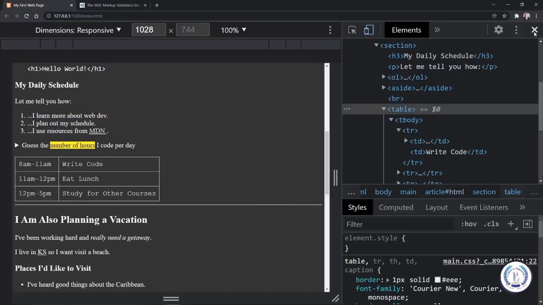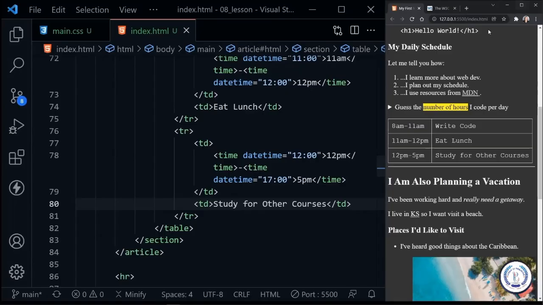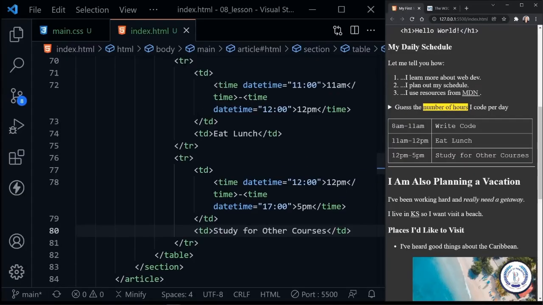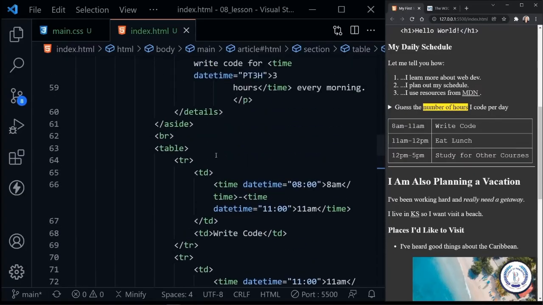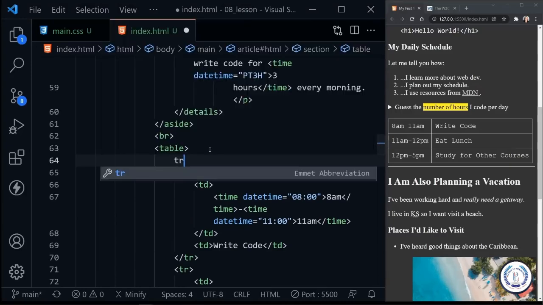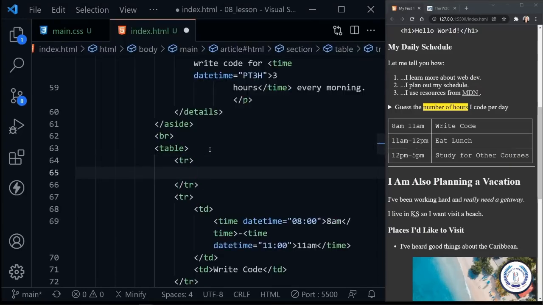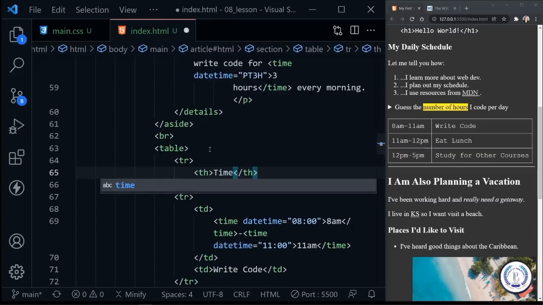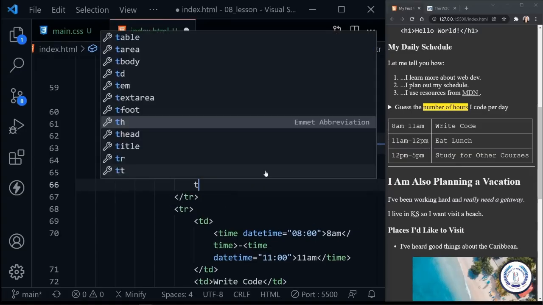Okay, I'm going to close DevTools, resize Chrome once again so we can see our code here on the left. And what we are missing from a table are headers for our columns. We clearly have a time column and an activity column. So let's add that by adding a row at the top of the table. We'll start with the TR element again, and then inside, instead of TD for table data, we have TH elements for table header. So we'll have time, and then we'll also have